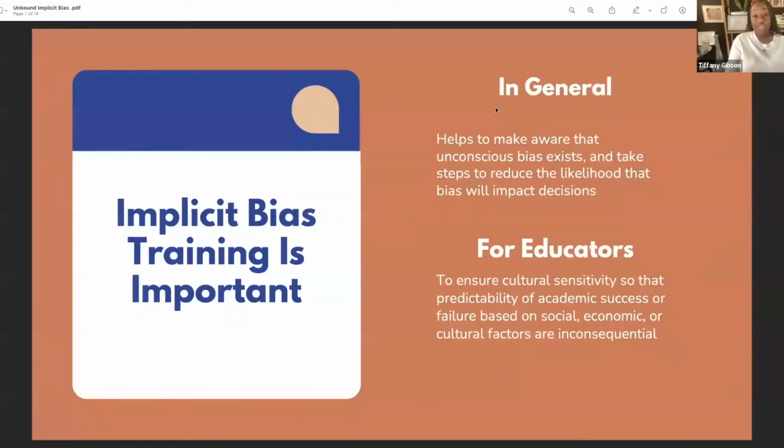So implicit bias training is extremely important in general because it helps a person become aware that they do have unconscious bias, it exists, but then in the training, they also get steps on how to reduce the likelihood that these biases will impact decision-making and/or behavior. But specifically for nursing educators, implicit bias training allows us to ensure that cultural sensitivity is there to predict academic success for our students, and that we're not automatically making assumptions due to cultural factors that are inconsequential